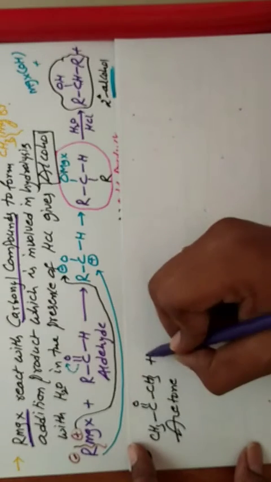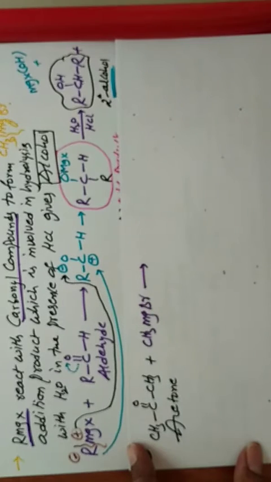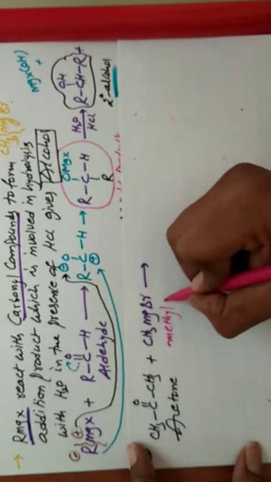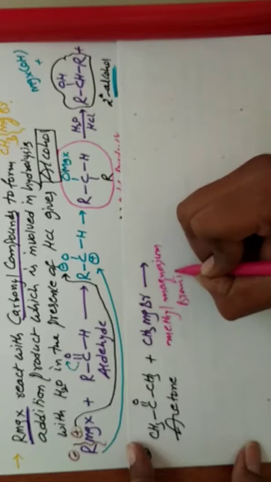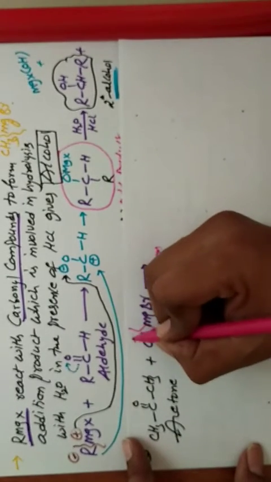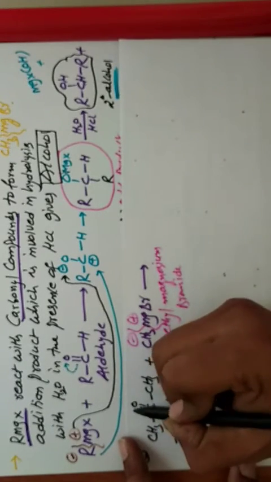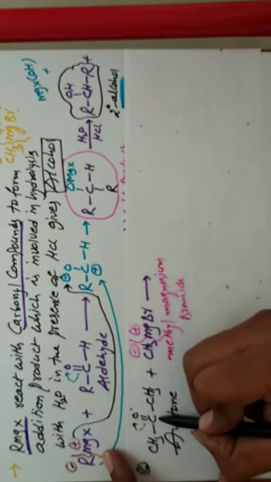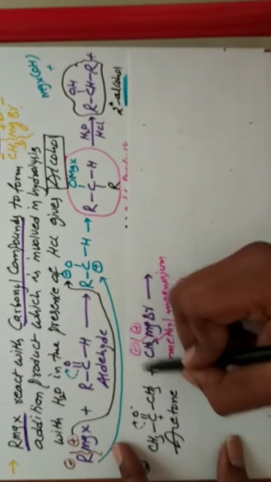Acetone reacts with methyl magnesium bromide. In the case of methyl magnesium bromide, here negative, positive. So here this pi bond will be shifted onto oxygen. Oxygen gets negative, carbon gets positive. So this negative is attached to